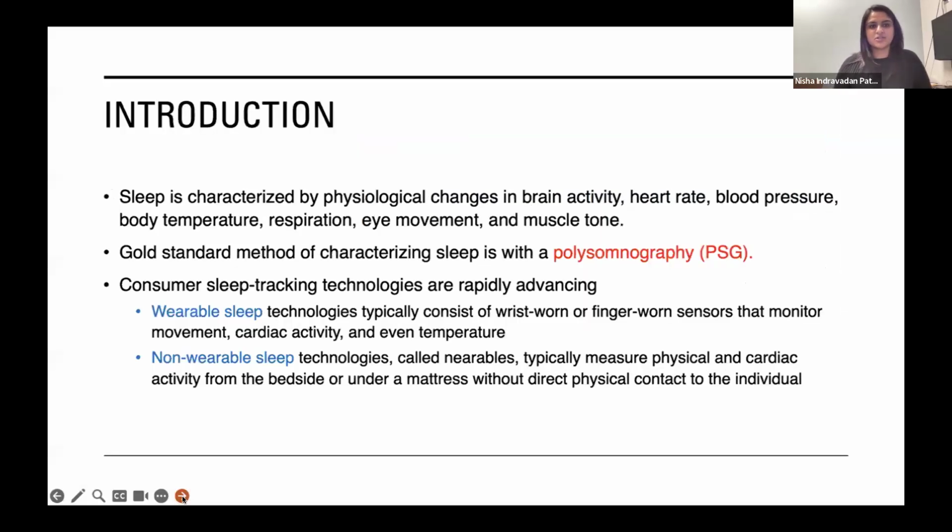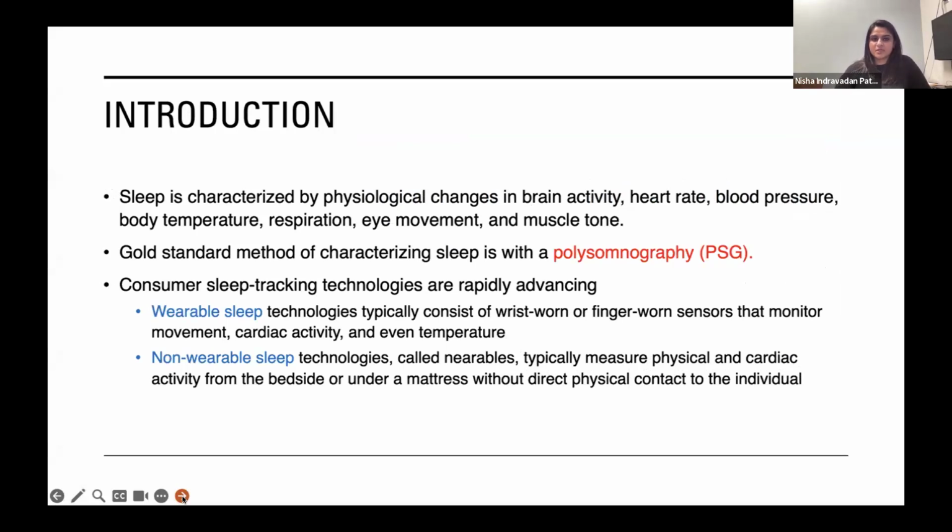So just a quick little introduction. A lot of us already know this, that we use physiological changes in brain activity, heart rate, blood pressure, body temp, respirations, eye movements, and even muscle tone to categorize sleep and categorize the various stages. And we do this with polysomnograms. It's our gold standard method of characterizing sleep. While taking some of these